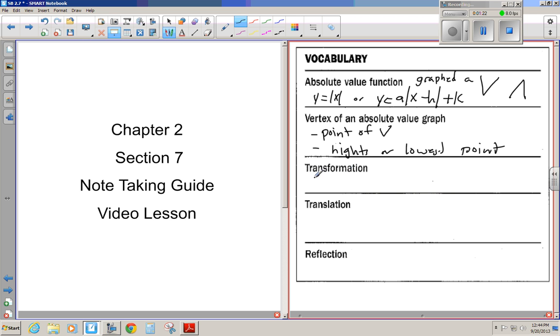A transformation changes size. A translation shifts the graph. And a reflection takes a point, and I guess you could say it flips it, or it gives it a symmetric point